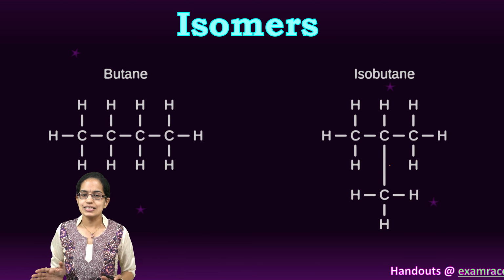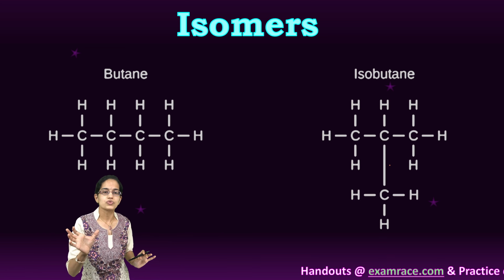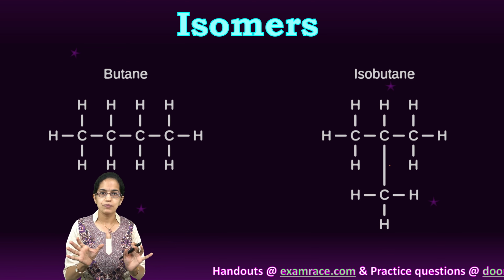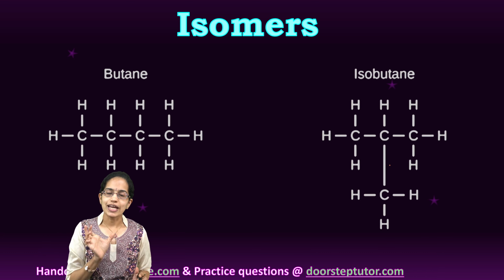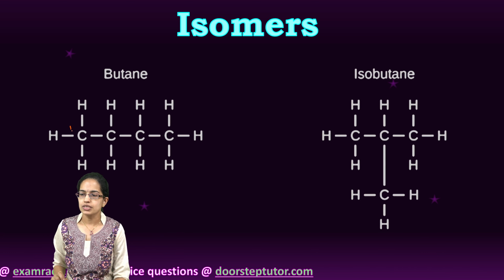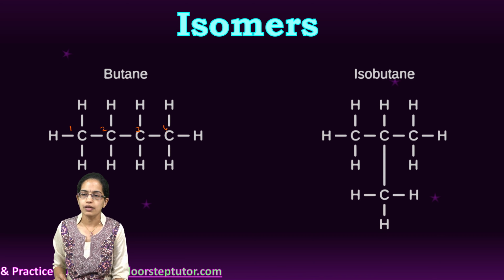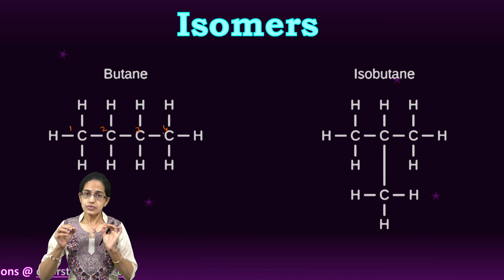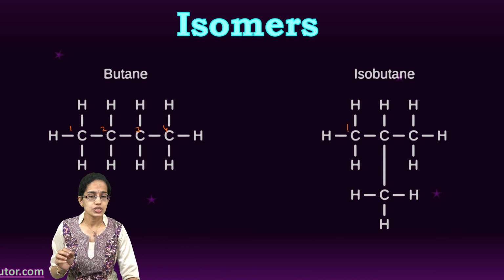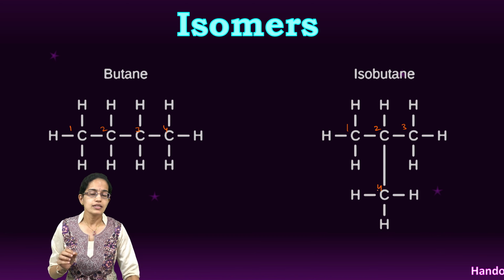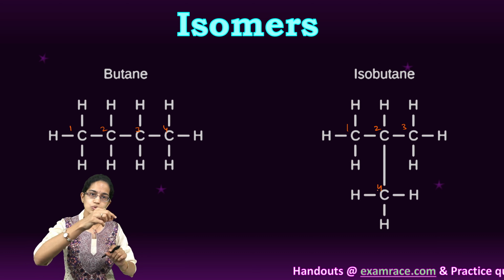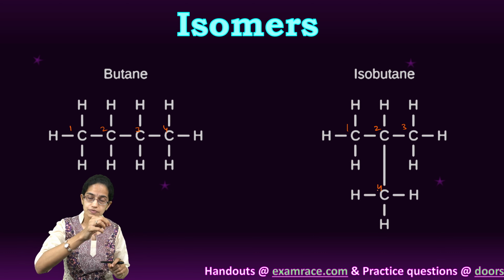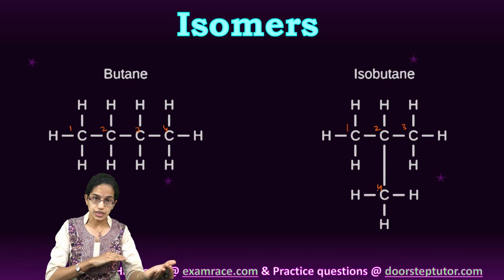The second is a structural isomer. Structural isomer, that means I am trying to explain butane. So I have 4 carbon. So what I can do is, as we did in the first case, I can arrange the 4 carbon in a series, or I can arrange 3 carbon, and with the 3 carbon I can have another carbon that could join to a carbon which is lying in the middle of that, and that is the isobutane structure.